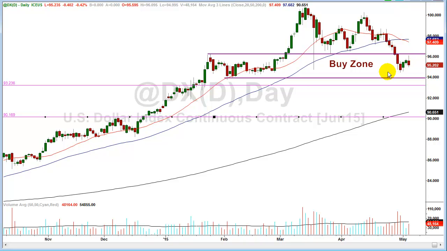So if we go sideways for, let's say, a couple of weeks above the bottom end of this channel, I would expect the market to break lower. So that's why I say any close below this low, and I'm going to reassess the trade. Again, put the probabilities in your favor.